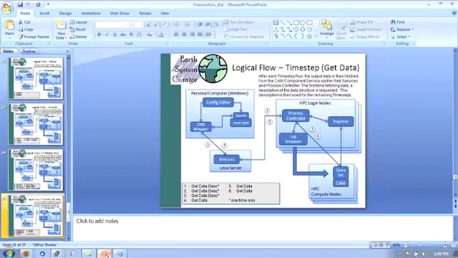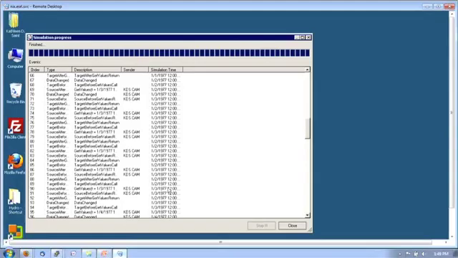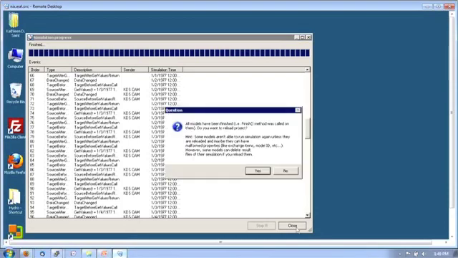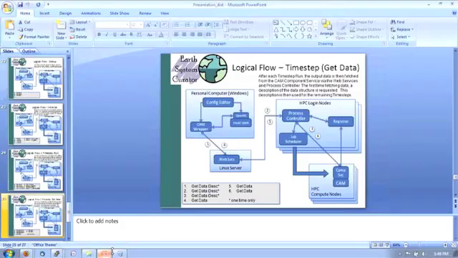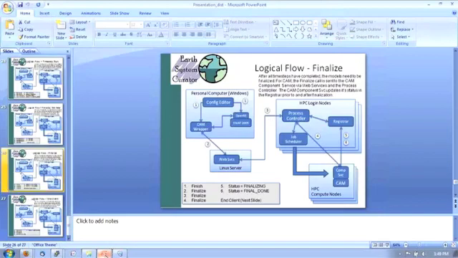It goes through all of those different components, fetches the data back, and returns it back to the SWAT model. Like I say, there's not a whole lot of visualization with this. It's just a matter of exchanging data back and forth. The final step, which we won't see, is the finalize, which